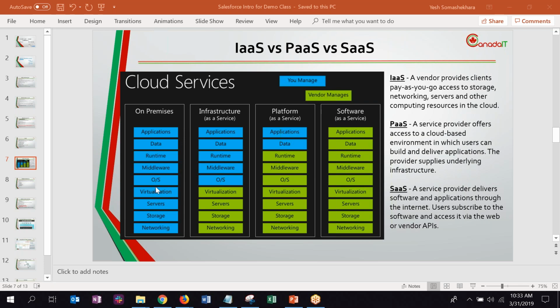So here comes cloud, and they say, we'll offer you infrastructure as a service. Basically, they're going to take care of the servers, your networks, your storage, and all those things. And the company is going to take care of the applications, data, all those things. So it's basically like, we're going to give you the servers that you want, and we're going to do the maintenance. You come in, you build whatever you want on that, and you start using it.